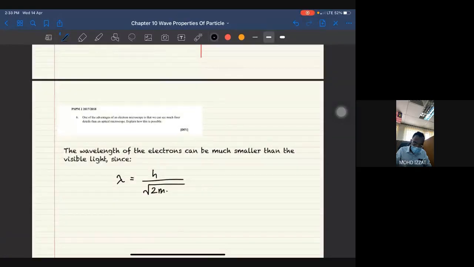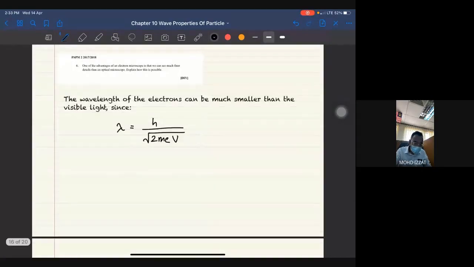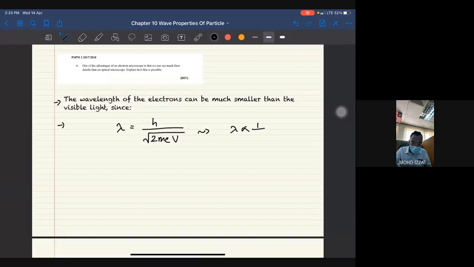Anyway, so if you have this formula, if you have an increase in voltage, as long as you have a high voltage, you can produce a lower lambda. So maybe you can write the relation over here. Normally they give you marks for the relation. So from this equation you can answer the electron can be much smaller than visible light, since you can use this equation. And then maybe you can add on one more point where